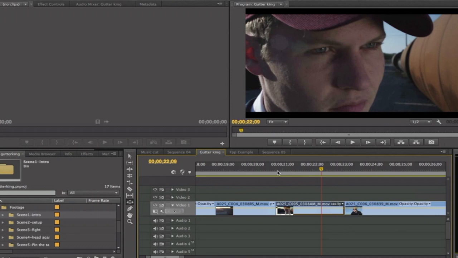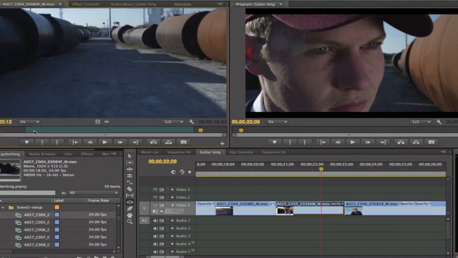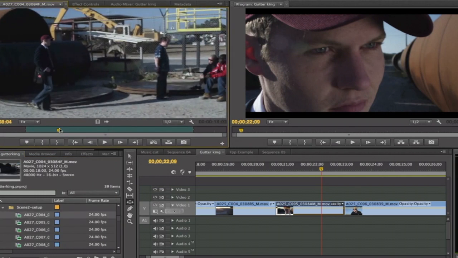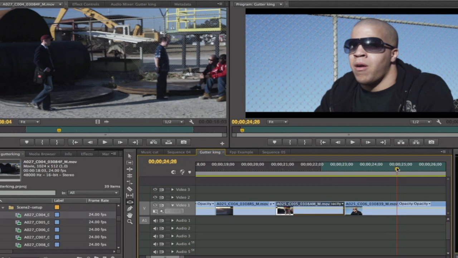Next thing is what's called a 3-point edit. What a 3-point edit is, you're setting up in and out points on your timeline and using those to determine what footage, or the amount of time of the footage, that you're using from your clip in the viewer. So if I come onto my timeline and I hit I to set an in point, and I'm just going to come past this edit a little bit and hit O,